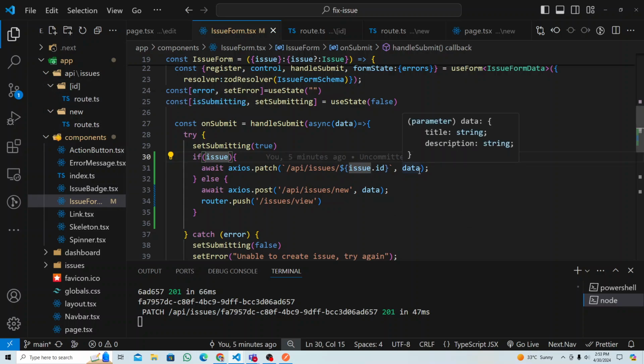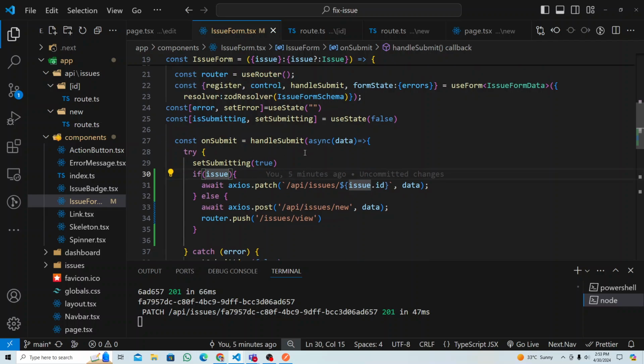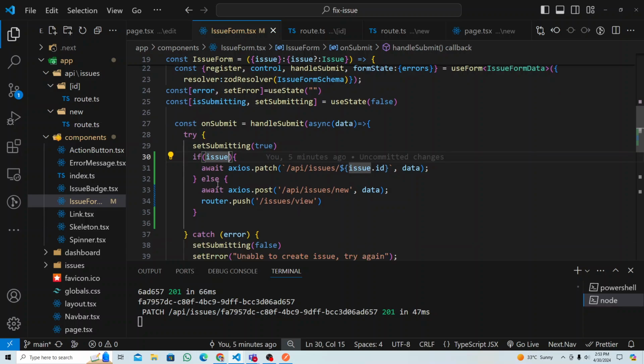And there will be data. You're going to send the data, okay? That is title and description, fine. Else, basically next time when there is no issue, right, then you're going to run the else part, that is await data. Okay. So yeah, now I see the problem, right? We update, but we never go to the, see here we don't have that, right? So I think, yeah, let's put this one also there,